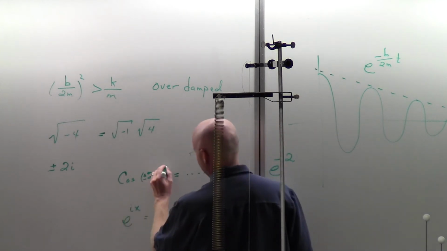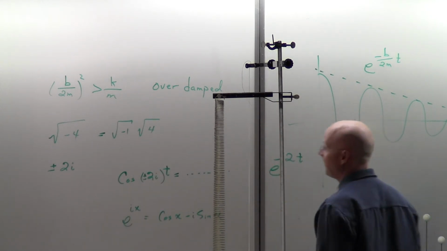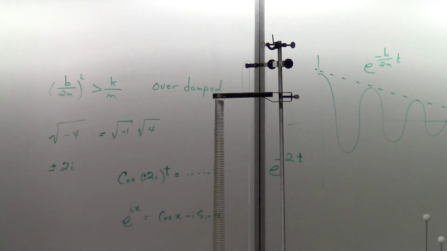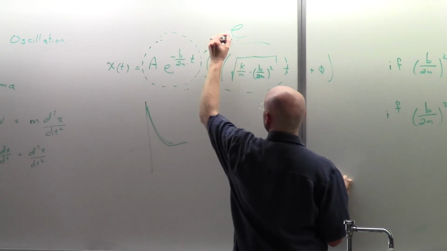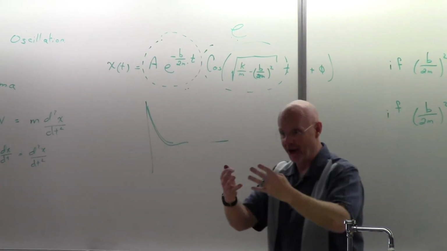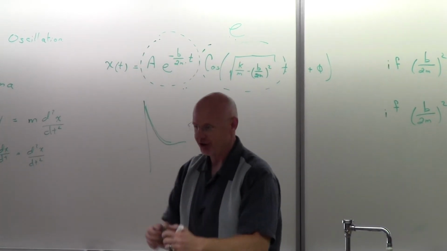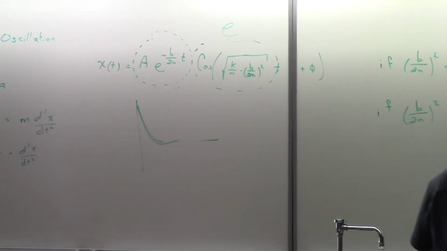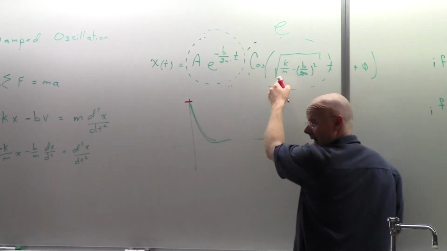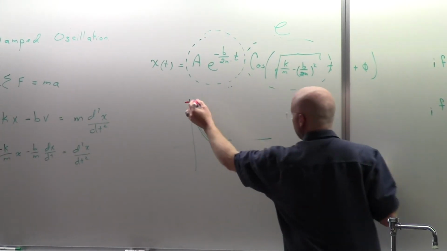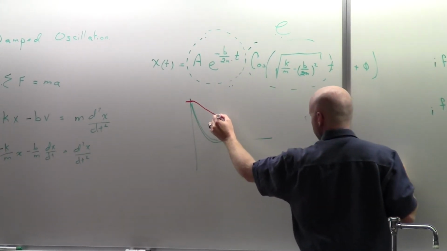If we put time in here, this just becomes another exponential. The two exponentials together just make a bigger exponential. And so these things that are overdamped do not oscillate in any way. They decay exponentially,